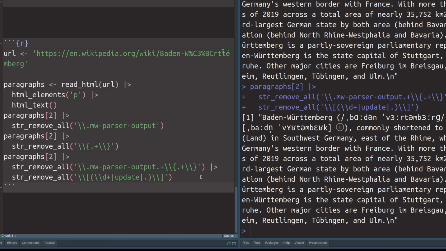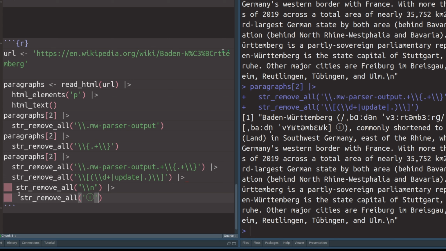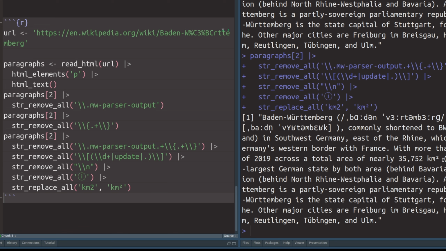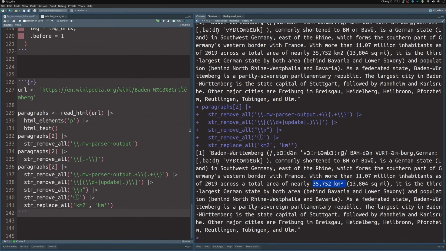Wikipedia for us. Now it's time to throw out some special characters that are just annoying, like this \n or this icon here. So that's why we just throw in another set of string remove all functions, and that way we got rid of those. And then finally, I do want to replace this km2 with actual square kilometers. So that's why I throw this string replace all in there. And now if I execute this, I do see here that this looks nicer. Nice. So that is my output. This is how I have cleaned the paragraph text from the first paragraph of the first state that we want